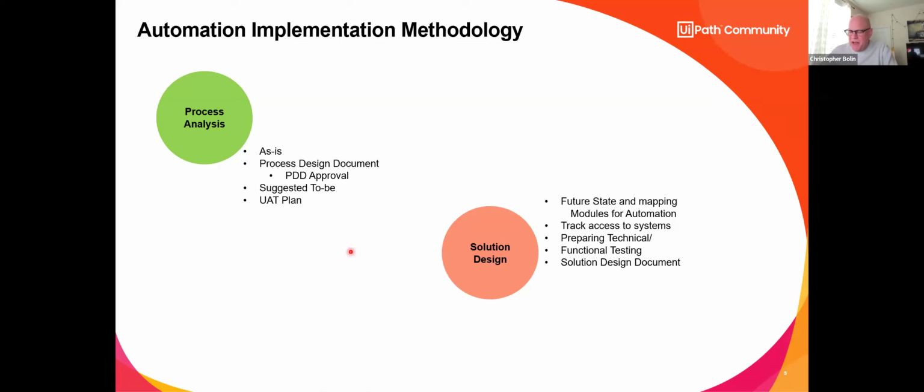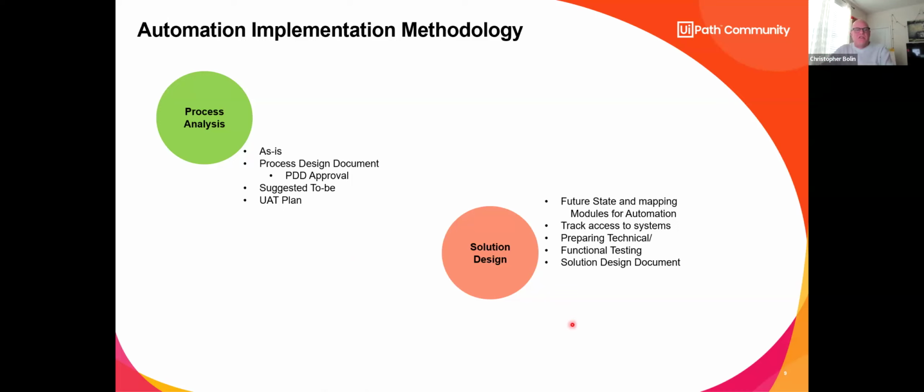And a UAT plan. I know you may think to yourself, well, that's awful early to do a UAT plan, but this is where you want to do the UAT plan because you're working with the SMEs, you're working with the process owner, and you're finding out from them what pieces of this you need to test. What do you want to see in UAT testing? And then they will give you a broad answer. Then you say, be more specific. What parts of that process do you want in a UAT plan?